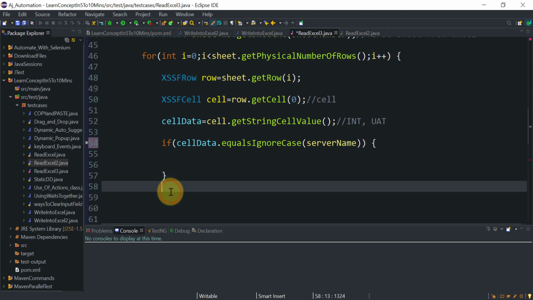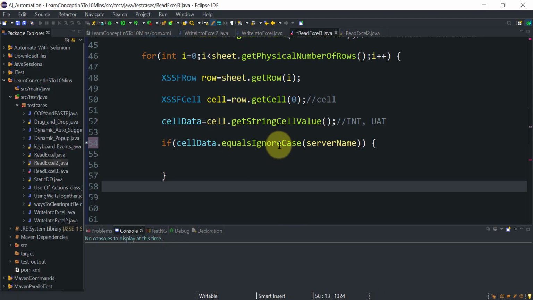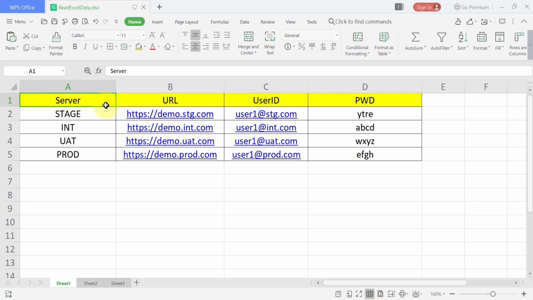So it will again increase the i by 1. For the first row it will get the first cell, and this time we will get the value stage. So stage is not equal to UAT, right? So it will again increase the row number, i++, then we will get the second row. So i equal to 0 we get server, then 1, 2 and 3.